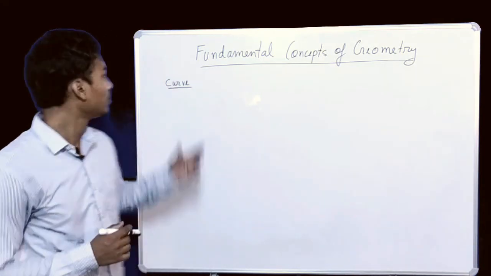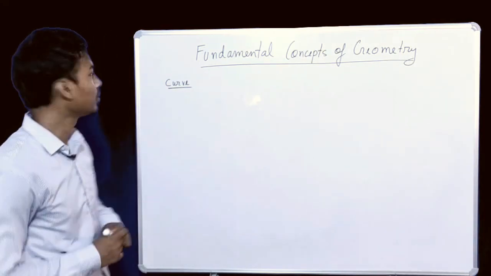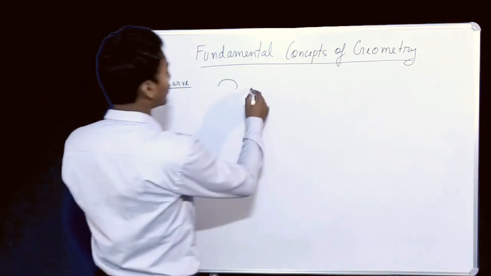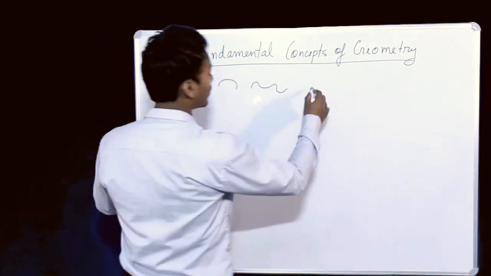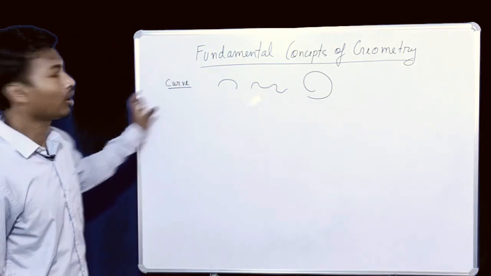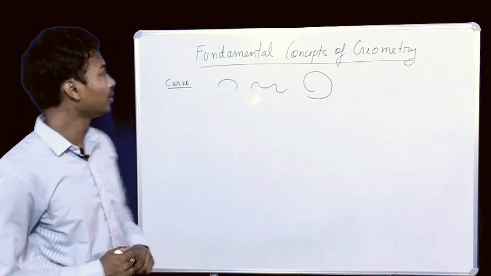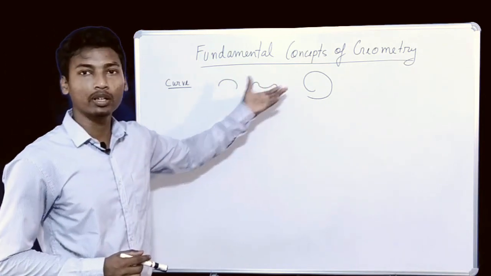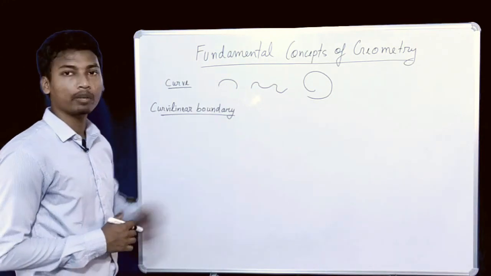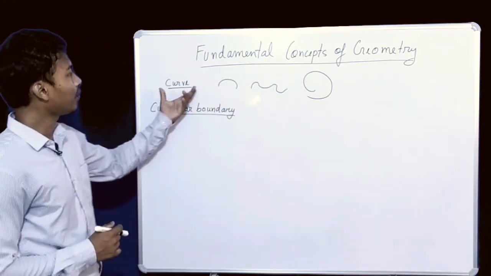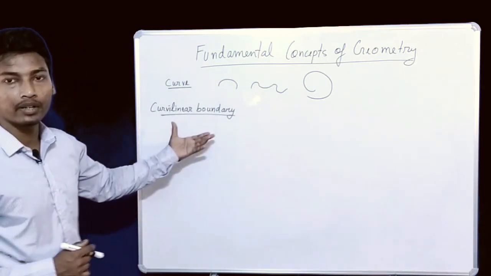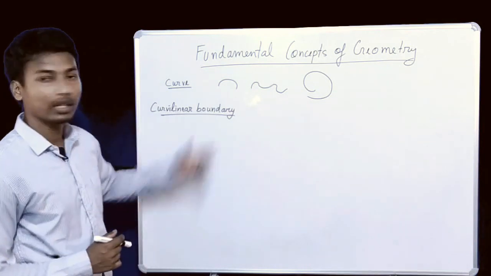Let's learn about another geometrical object, that is a curve. Now you can understand what a curve is. So this shape is a curve, this shape is a curve, okay? So this shape is a curve. So it is not a straight line, it is a bent line, so you can call it a curve. Now let's understand a curvilinear boundary. So you understand what a curve is, right? So if I make a figure out of curved lines, it will have a curvilinear boundary.